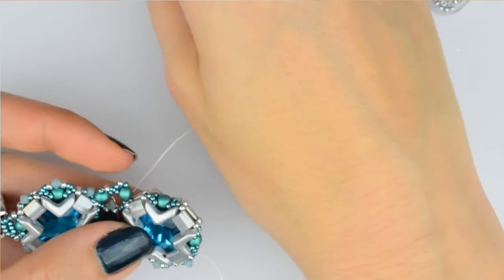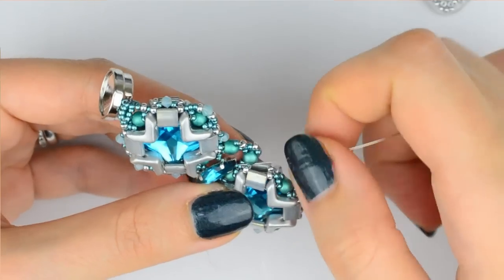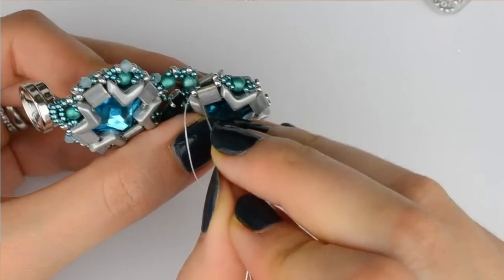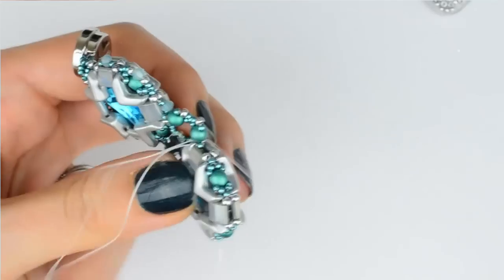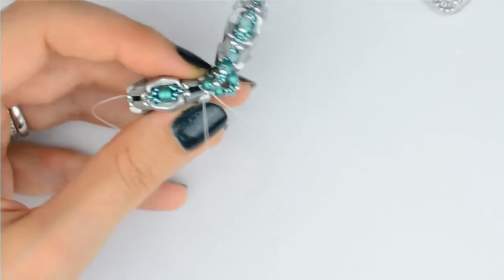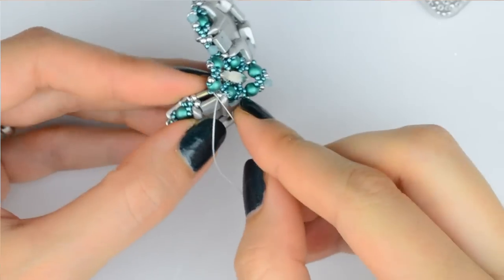And now one 15-0 and go down through the 11-0 in the front. Now again we are getting from the front to the back, so in between the beads. Now I'm on the other side and now I'm going in the direction of the future bicone here through the 11-0 in the back, and now I'm picking one 15-0 and I'm going up through the upper hole of the rounduo,